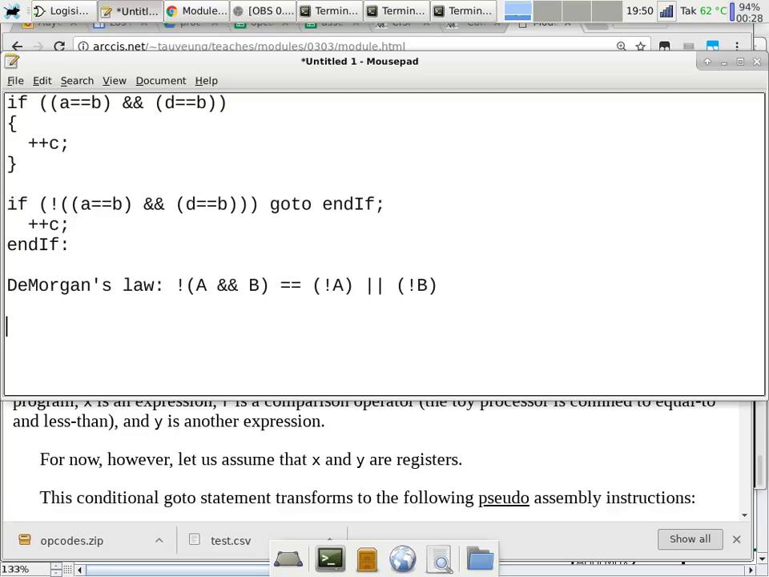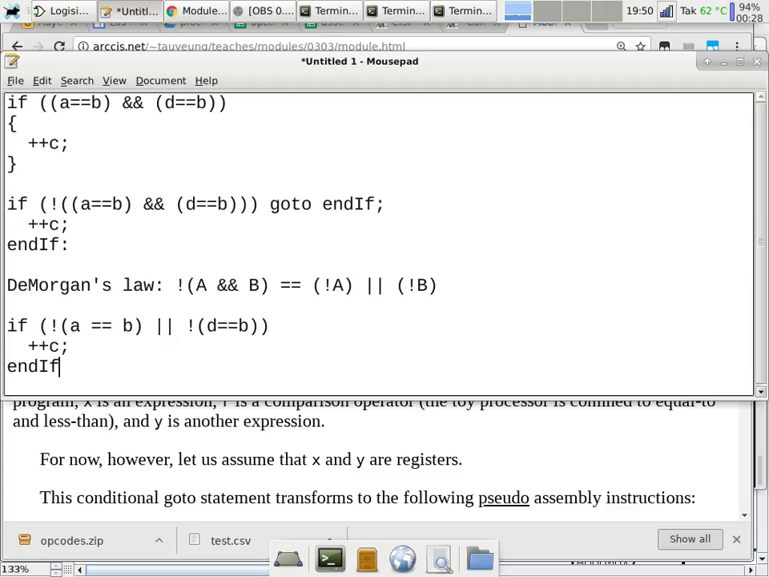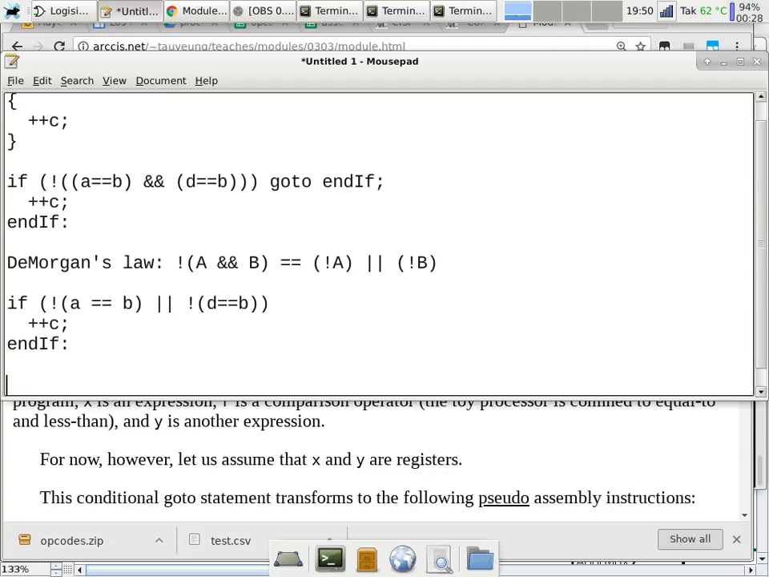So after the application of De Morgan's law, we will restate this as, okay, I'll go step by step: not A equals B, or not D equals B. I'm just counting parentheses now, making sure, okay, that looks right to me. Plus C, and then end if. Is that okay? So now instead of having a negation on the outside, we now have negation applied to each individual term, and a disjunction, and then another negation to the other interior term,